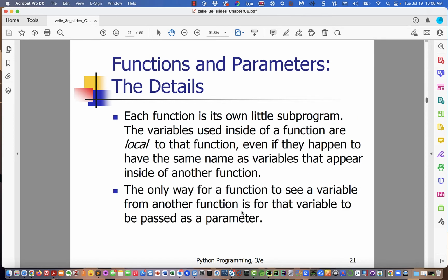Each function is its own little sub program. The variables used inside of a function are local to that function. So that name is only known inside that function, even if they happen to have the same variable names that appear inside of another function. One kind of fancy computer sciencey way to say this is we would say each function has its own namespace. Names have to be unique within the function. The only way for a function to see a variable from another function is for that variable to be passed